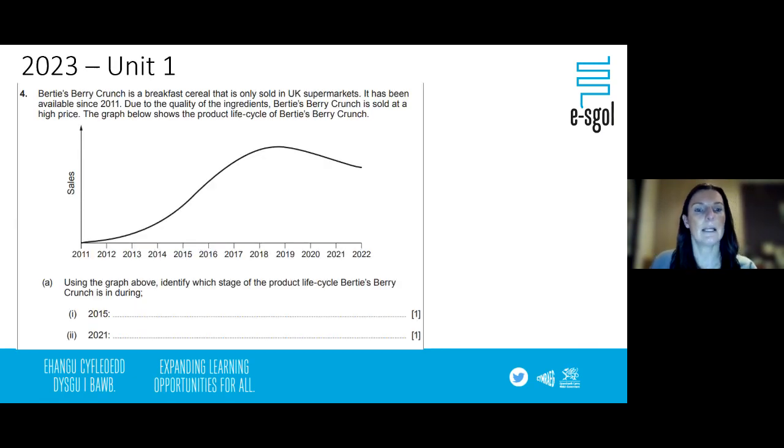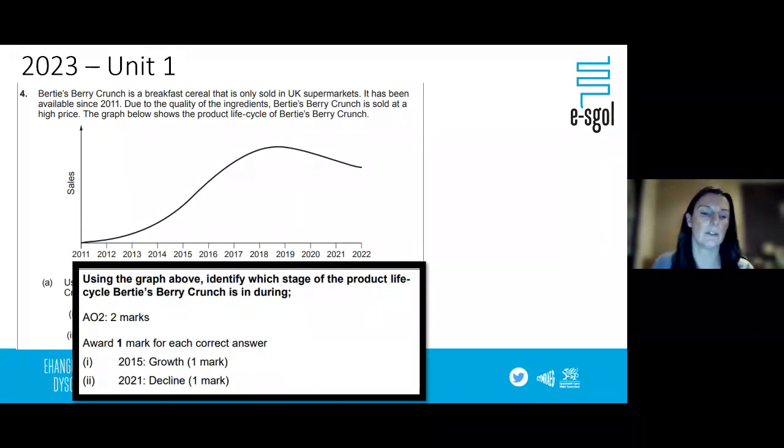So we're looking at currently the 2023 Unit 1 again. Bertie Berry Crunch is a breakfast cereal and is only sold in the UK supermarkets. It's been available since 2011. Now, due to the quality of ingredients, Bertie Berry Crunch is sold at a high price. The graph shows the product life cycle of Bertie Berry Crunch. Using the graph above, identify which stage of the product life cycle Bertie Berry Crunch is in during 2015 and